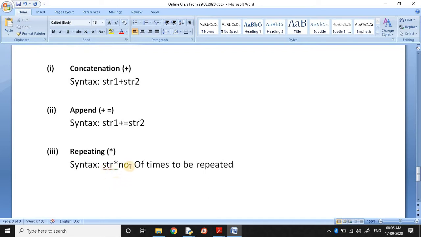So str star operator, number of times to be repeated. You have to specify the integer value. This many times the string will be repeated.